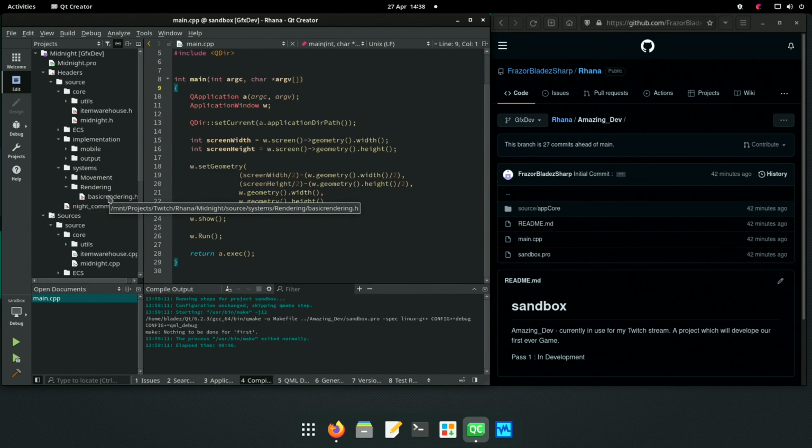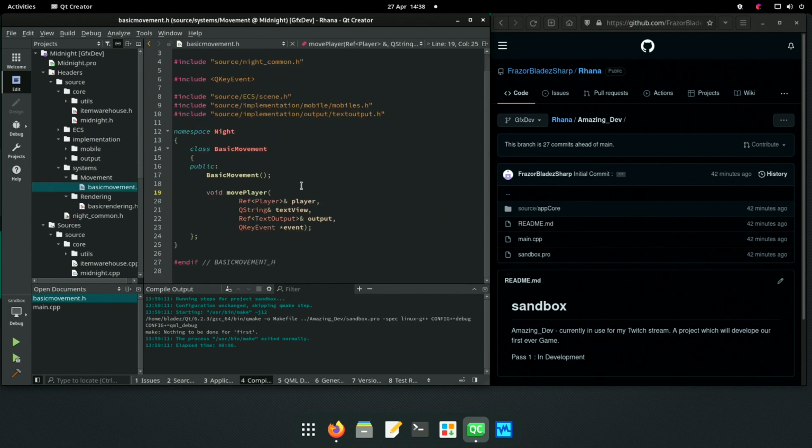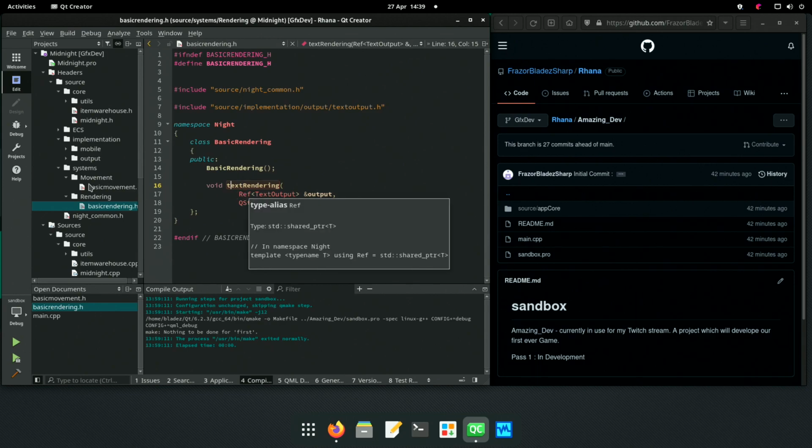It would have been movement, not rendering. Yeah, we are pretty golden, I think. Yeah, it's looking like it. I think I went through all of this 3 times.